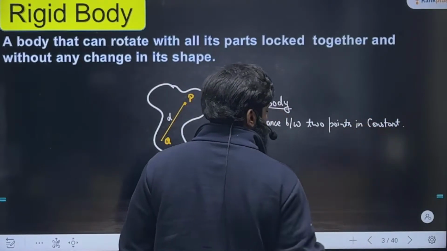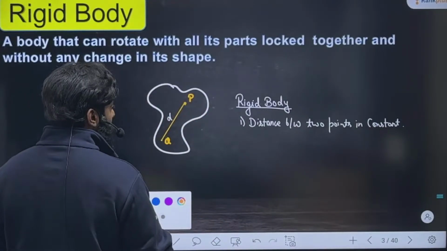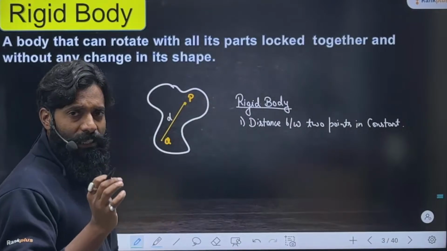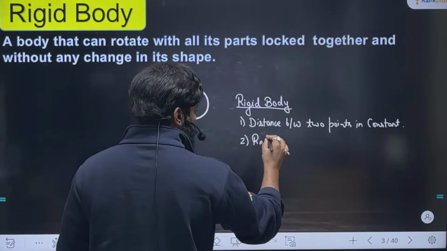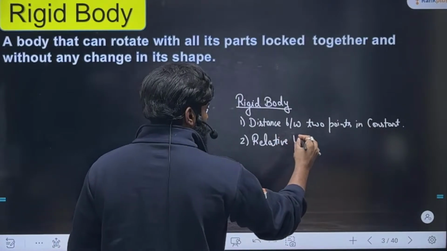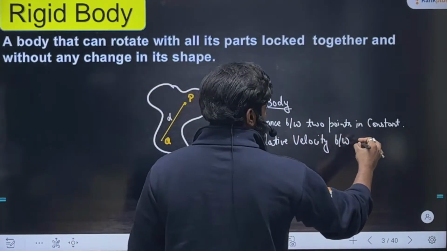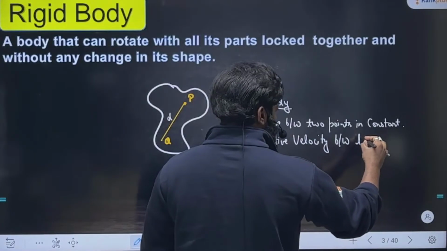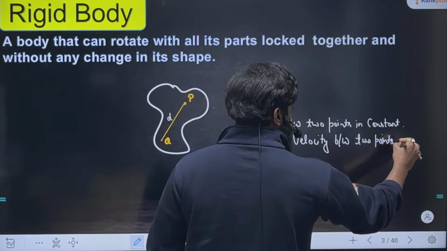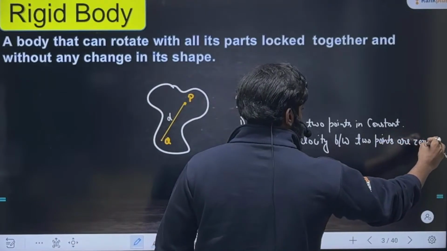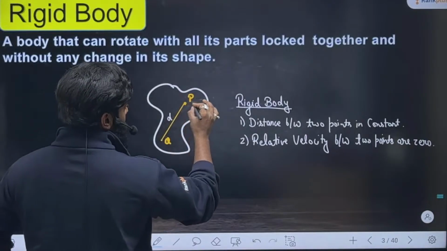There is another way to define this rigid body. You can define it in a manner that the relative velocity between these 2 points is 0. I have taken these points on the body. Right. If I'm telling you that this point